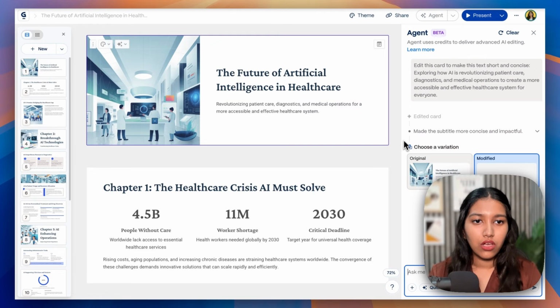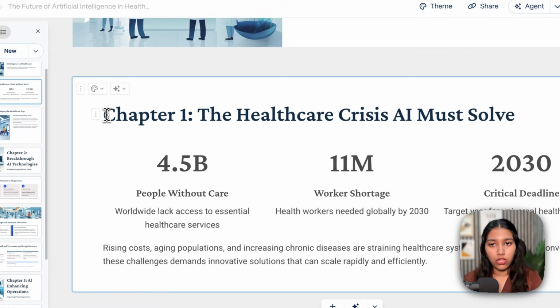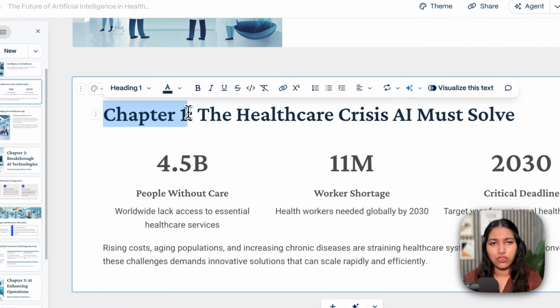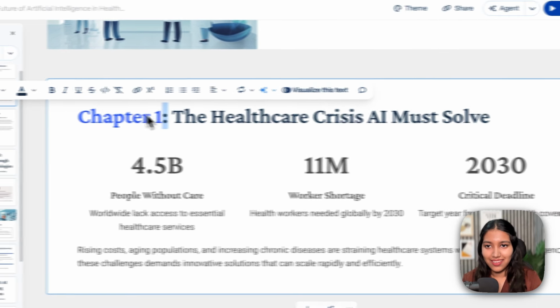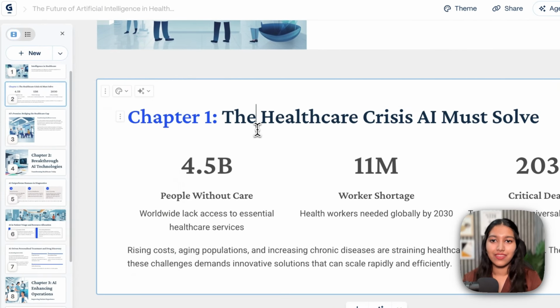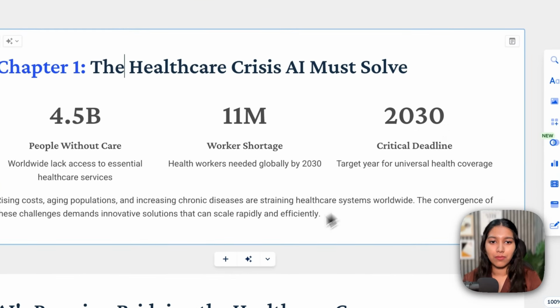Alright, so let's look here. I mean, the layout is good, but I think the colors are missing a little bit. Now, it's not necessary that you ask AI to do it all the time for you. If it's a small change, you can just do it yourself. So let's select chapter 1 and make the color blue. I think I'll also take the colon. So make it blue. All right, so a little bit of color there. And maybe let's just take something here. Let's make it bold. All right. Looks much better. Let's go on.